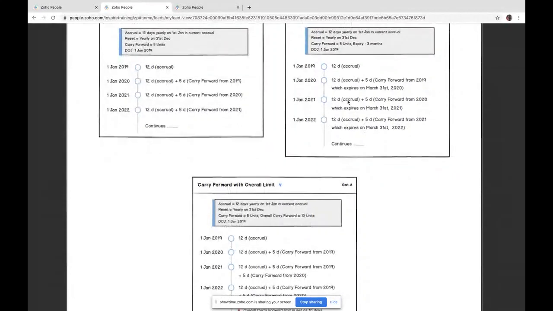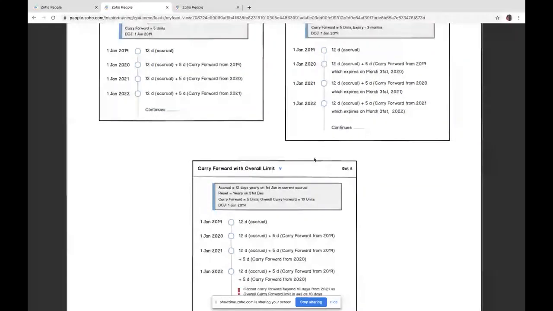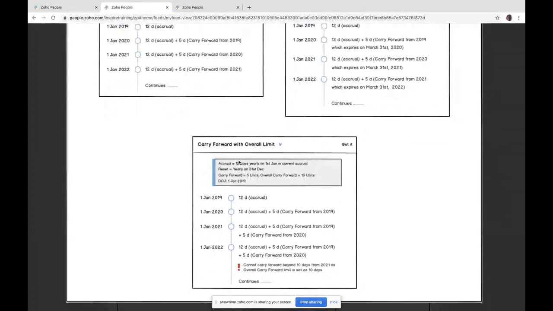So that keeps repeating. And then going to the third mode of carry forward, where you define the carry forward as 5 units and the overall carry forward limit as 10 units. In that case on Jan 1 he'll get a credit of 12 days, and in 2020 he'll get a credit of 12 days plus the 5 days brought forward from the previous year.